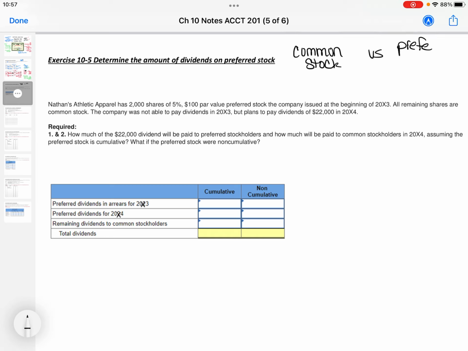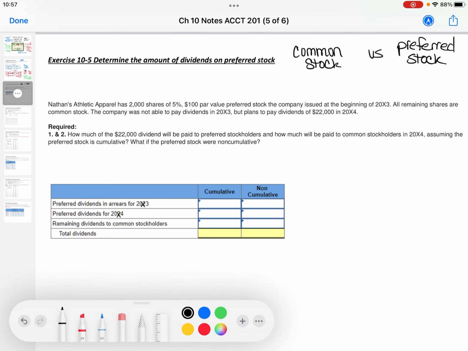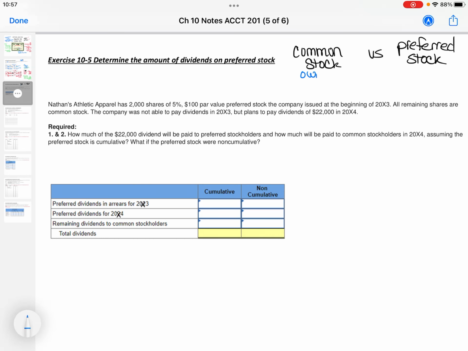Now you read a lot more in your chapter, but I just want to go over a few things. Okay, both of these show ownership. So ownership and ownership. Okay, that's a similar thing. They both show ownership, and now there's one little caveat here. Preferred stock does not vote. No vote. Okay, but common stock can vote. They both have value. They both buy the stock and can sell it.